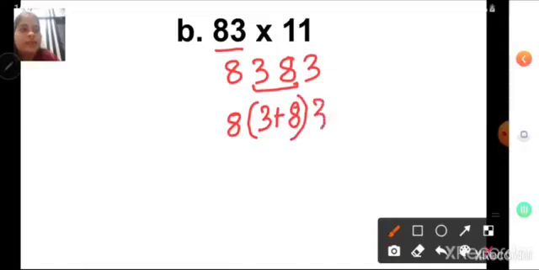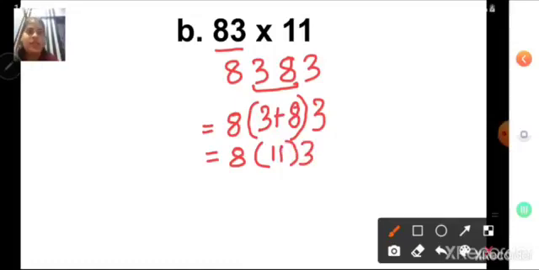Okay, and then this number 3. After that we have to add what is there in the bracket. Three plus 8, 11. So I will write here number 11 and then 3. Now again we have two numbers in between. So the number in the tens place will be carried over. The normal carry over, how we do? The same way. So write here number 8. This number we are going to carry over 1. So 1 carry over. The remaining 1 is left. So write it here in between and then 3.